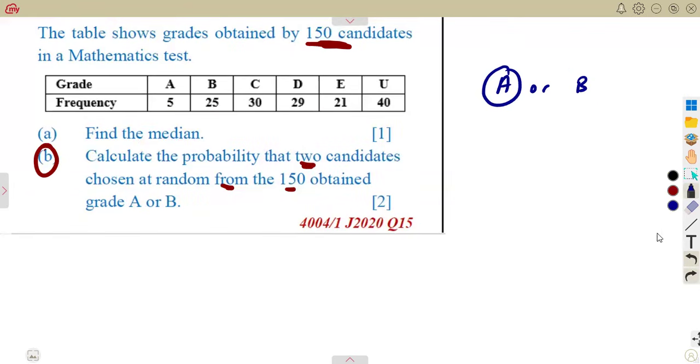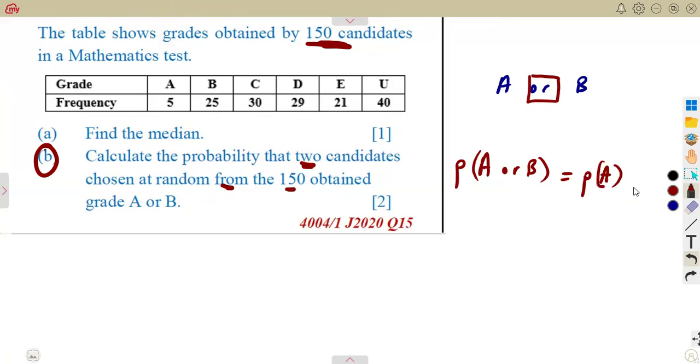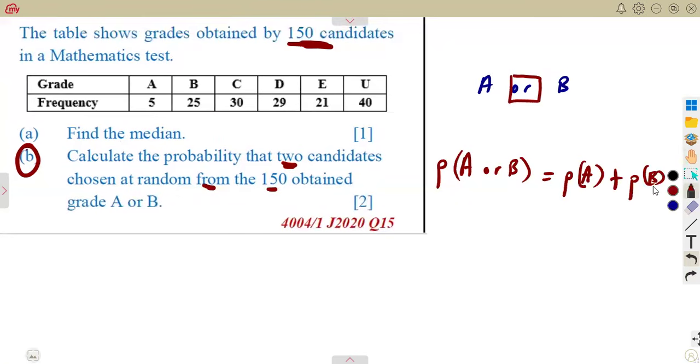So under probabilities, how do you present a probability that has an "or" like this? It means the probability of A or B can be presented as the probability of A on its own plus the probability of B on its own, or the sum of these A and B